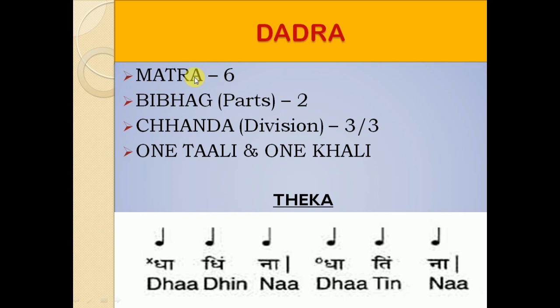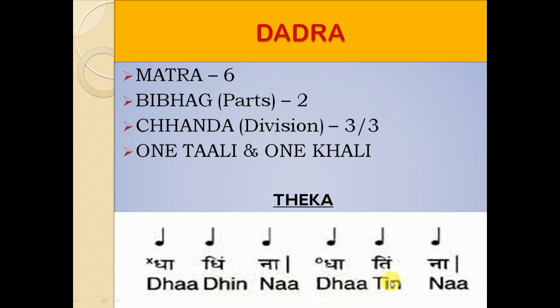Now how to know how many matras are there in a tal? Now if you see here, there are 6 matras here. Now you can count here very easily. You see, look at the bol here. This is the Theka, and look at the bol here. Dha, dhin, na,